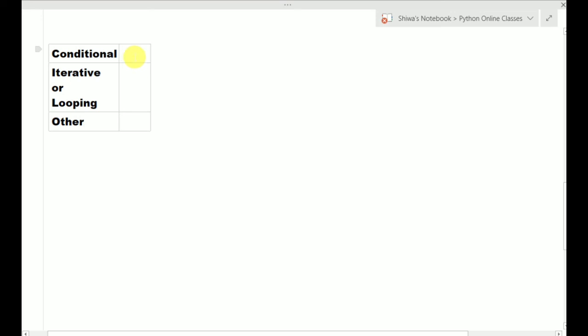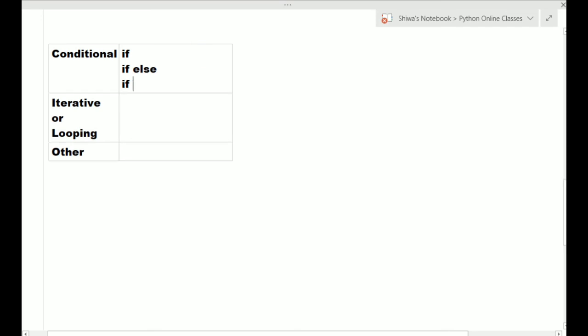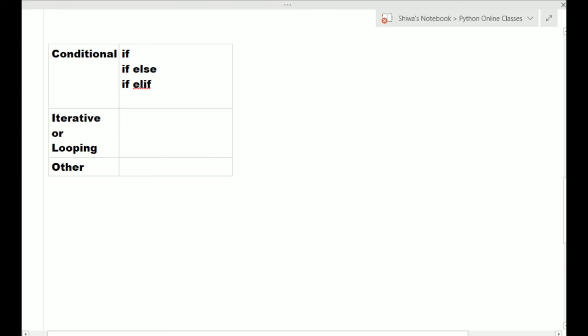So what are the conditional control structures provided by Python? See here. if is a conditional control structure, then if else is a conditional control structure. Next, if elif. In C language we use if else if, here we use if elif. Next one is nested if. So what are the iterative control structures?